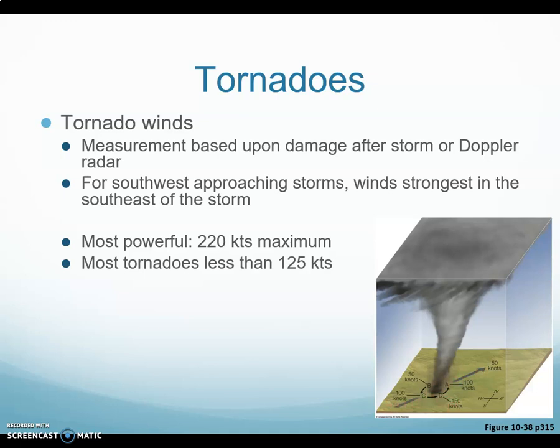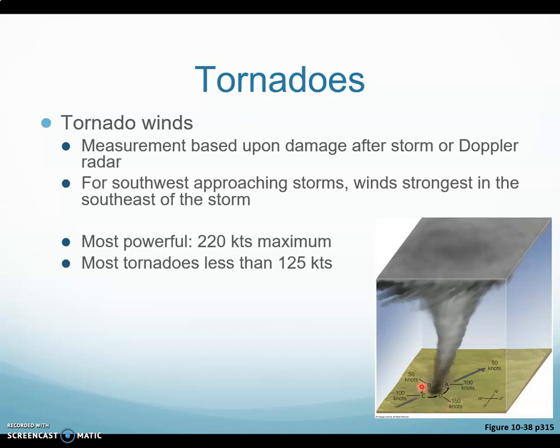You may have heard the same story with hurricanes. Yes, for exactly the same reason. Let's say that you have a tornado that has winds of 100 knots. So the winds are spinning in a circle at 100 knots. Let's also say that the tornado is moving to the northeast at 50 knots. Well, then here on the right side of the storm, not only do you have your 100-knot motion of the winds, but you also have the 50-knot forward motion of the tornado. And so that adds up together to give you a total wind speed of 150 knots,